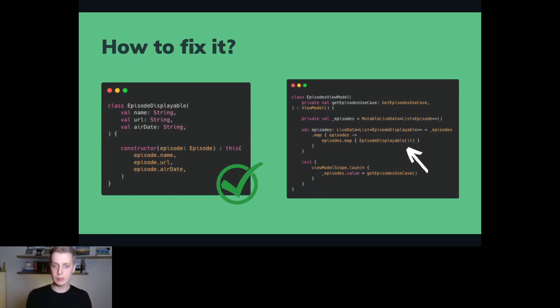So in this example, we want to map the episode data class that probably comes from the domain layer to the episode displayable object. And we can simply use the constructor here that takes the episode class as a parameter and uses the episode's properties to compose the episode displayable object.